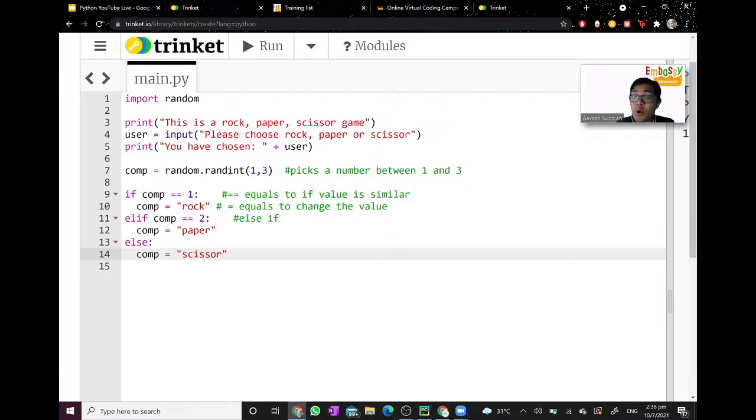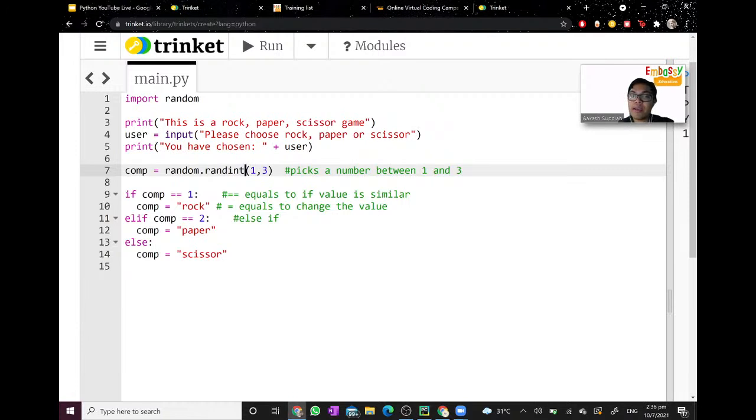Now let me explain what this code means. Line 7 gives the variable com a random value between 1 and 3, and lines 9 to 14 check what value has been assigned to com, and depending on that value, give it the value of rock, paper, or scissors.